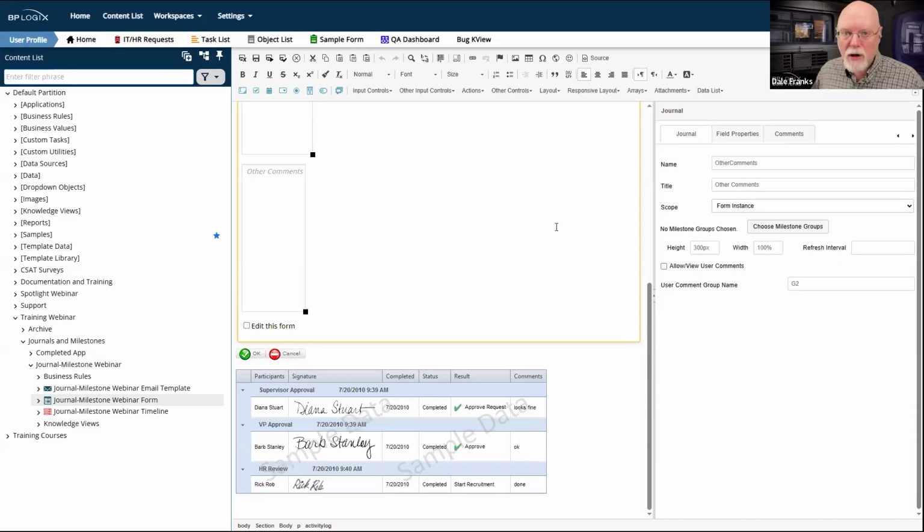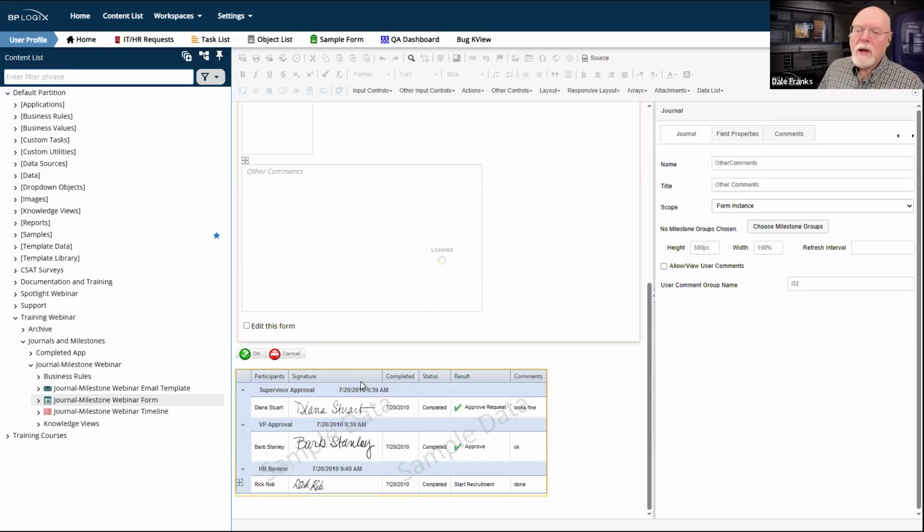There are a lot of configuration options here. We could only have one journal control on a form, and we could do both. In this case, we'll just show two different journal controls on the same form that do two different things. So the reason why I turned this off is because I wanted to show my milestones in this second journal control. Of course, to show a milestone, I have to have one. So we're going to save and close our form, and we're going to go back to the Milestones tab, and we're going to start building it.